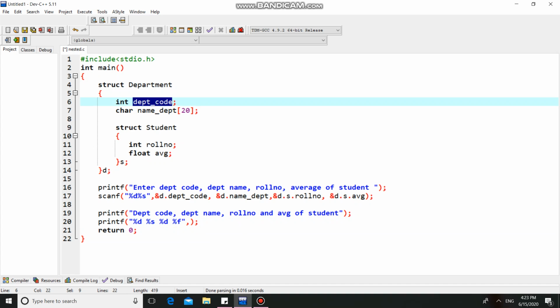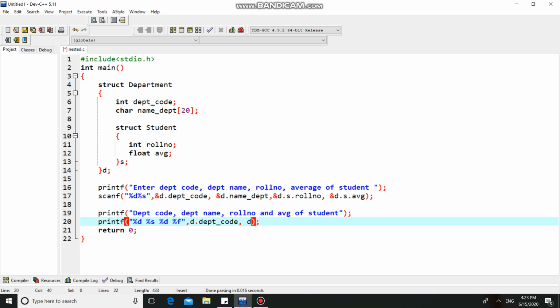To access department code directly, d dot department code, then d dot name of department, then to access roll number, d dot s dot roll number, then to access avg, d dot s dot avg.